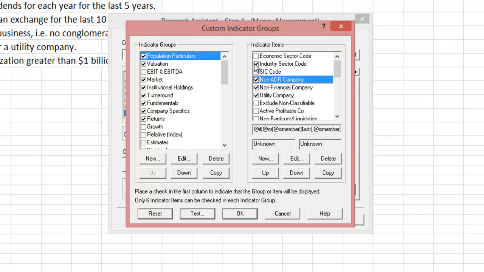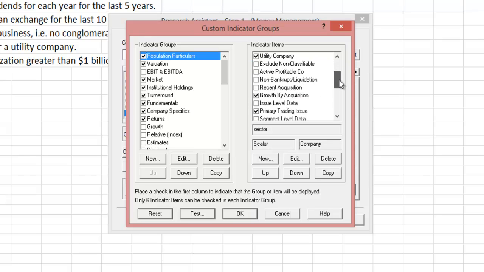Let's go ahead and throw in ADRs in here too. I'm going to restrict ADRs, and there's a whole bunch of other criteria that you might want to throw in. And we have non-utility companies, so I'll go ahead and select non-utility companies